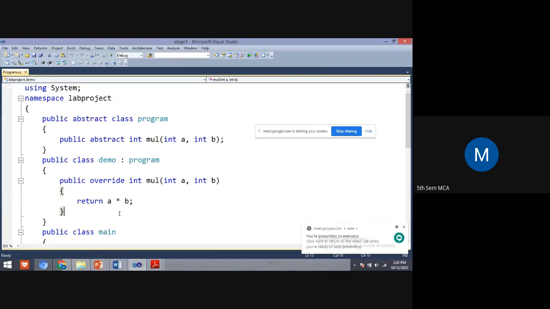Yes, students, please concentrate. Abstract class is a special feature of the OOPS concept. The abstract class cannot be instantiated, means we cannot create an object for the abstract class. So generally the abstract class will be a base class. Here in the theory also I explained one program. This is another program. You can see here, according to the syntax, I have defined the access modifier, the class keyword, and the class name. So this is an abstract class because it has the abstract keyword.